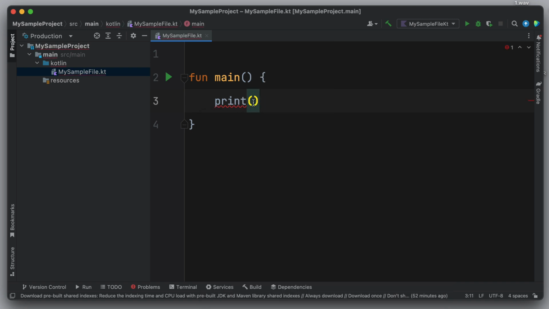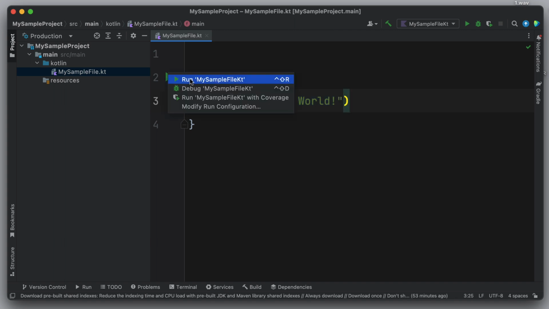We can pass our message to the print by writing it between these two parentheses. So first I add two double quotation marks, and between these two double quotation marks I write my message. In Kotlin, to create textual data types, we have to write our text between two double quotation marks. In the next lesson, we'll learn more about data types in Kotlin, but for now, just know that we create textual data types in this way. Now we can click this icon and run our project.